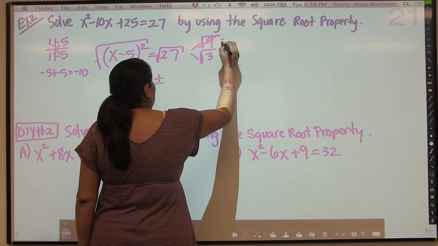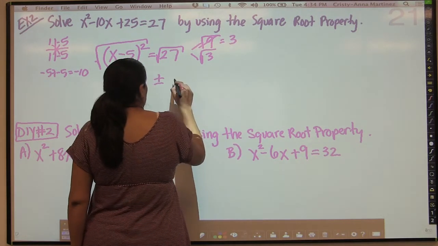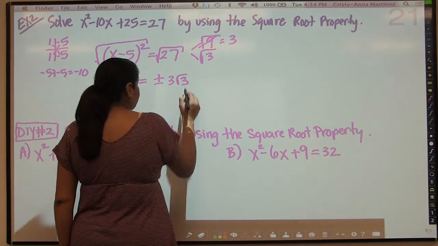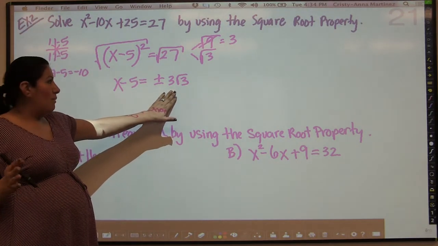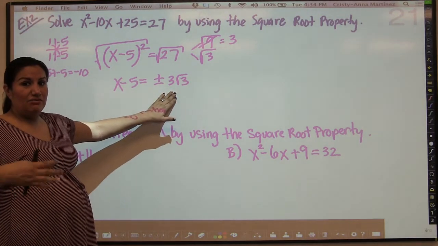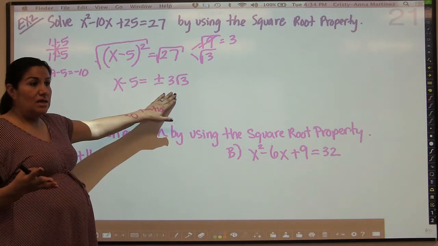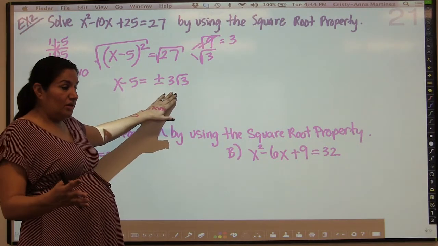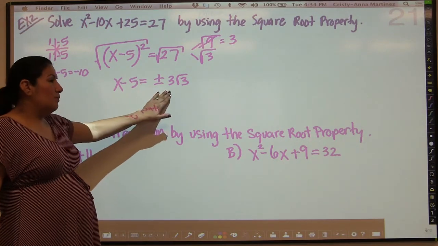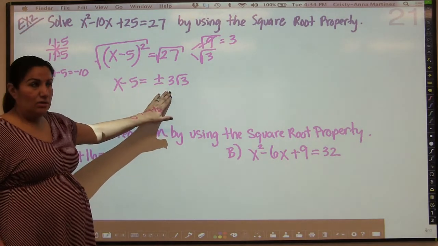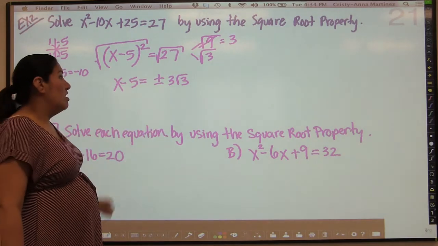And the square root of 9 is 3. So we get plus or minus 3 root 3. And 3 root 3 is irrational. So if you remember, a rational number is a number that can be written as a fraction. It has a decimal that ends like 0.25, 0.7, 0.6, 0.625. These numbers are going to have decimals that never end, okay, and they have no pattern, and so they're considered